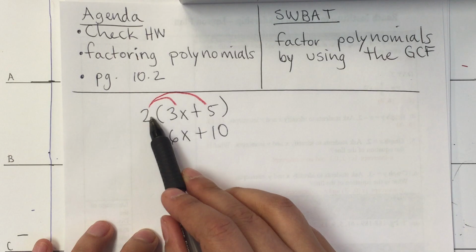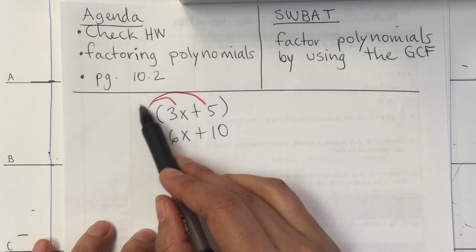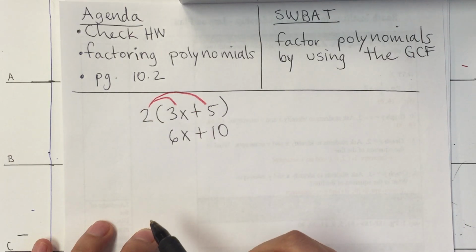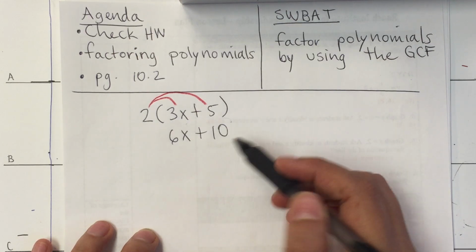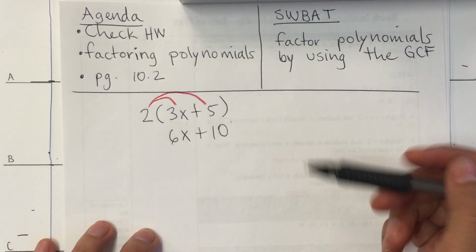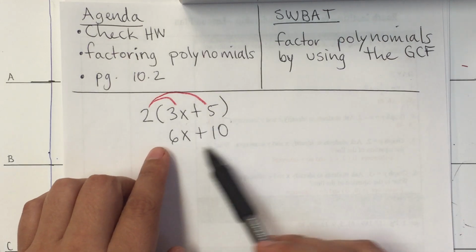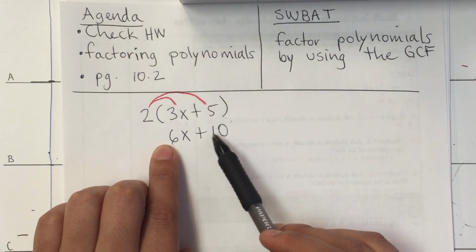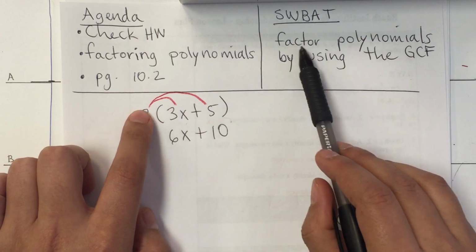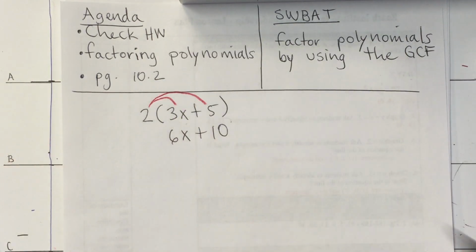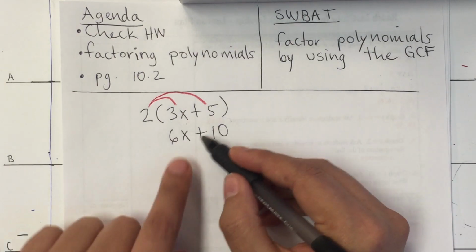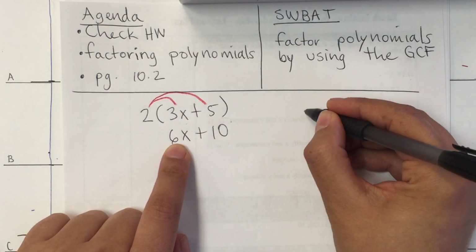So these are called factors. This is one factor, this is a second factor. When we multiply them, we get a product. Now, today what we're going to be getting is the polynomial or the product, and we're going to find the two factors. That's why it's called factoring polynomials. Okay, factoring polynomials. So if we were given this,